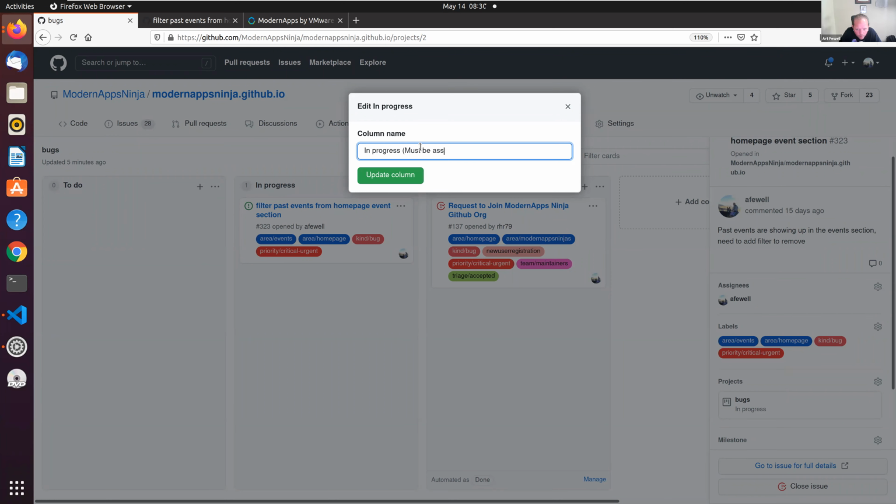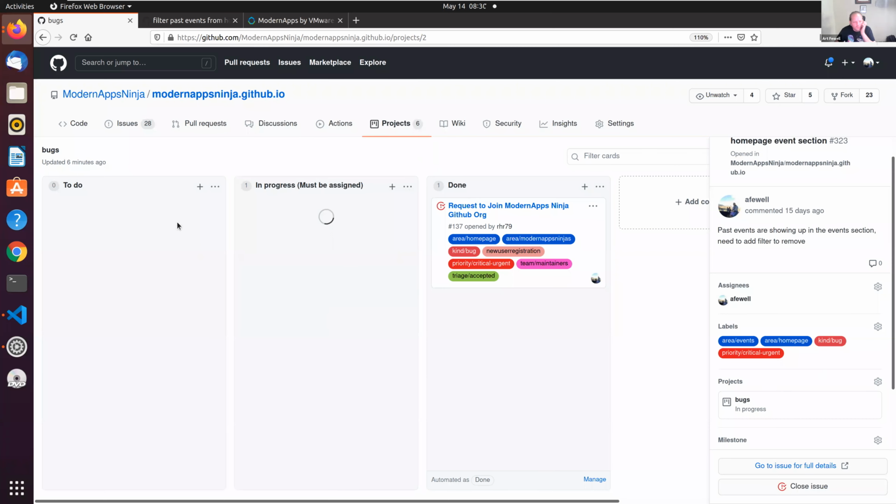Must be assigned. Let's just say must be assigned. Just as a kind of hint there. So if anything moves to this in progress column, it should always be assigned if it's in progress. Now, I will hopefully not forget about that again, but rather than work on that one just yet, I want